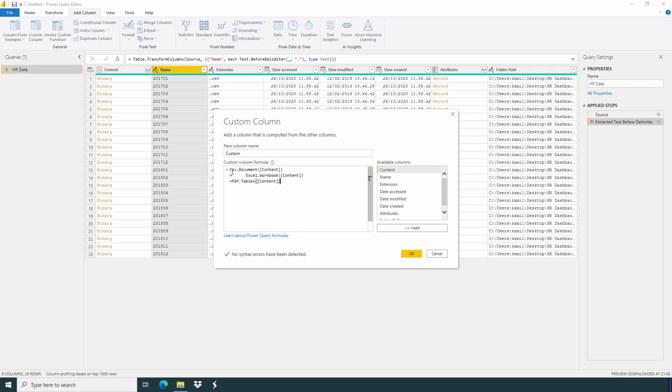If you have CSV files, we will use this formula. If you have multiple Excel files, you can use this one. Or if you have multiple PDF files, you can use this one. So now I have only multiple CSV files, so I'm gonna remove both of them.